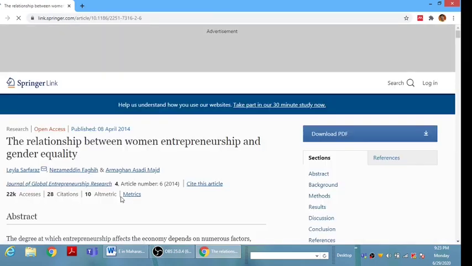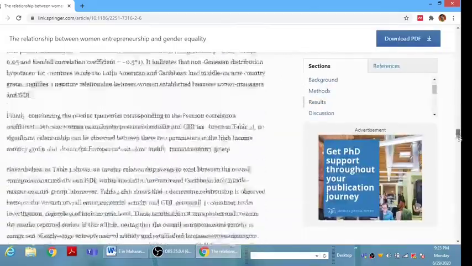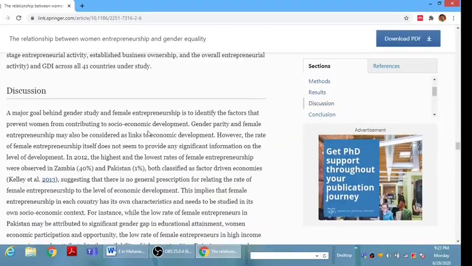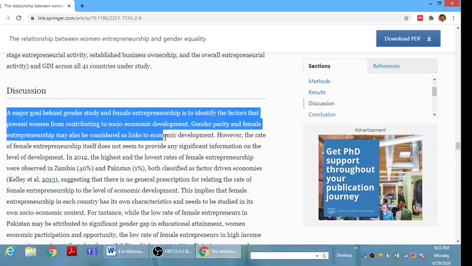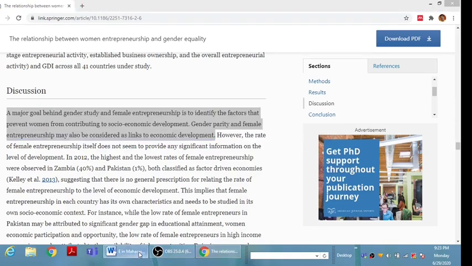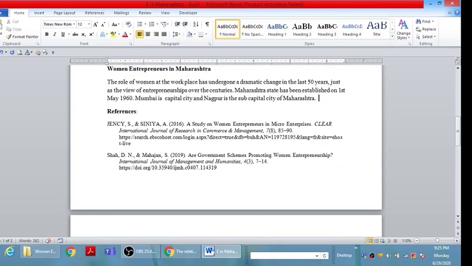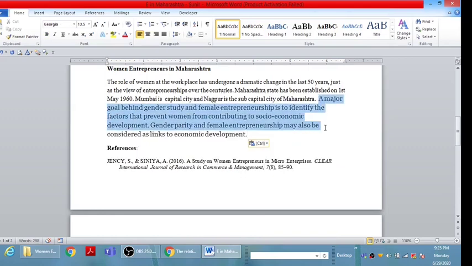After opening it, I wanted to copy one text from this article. Yes, I want to copy these three lines, till development, and I'm going to use this text in my research article after Maharashtra. Yes, I have pasted it here.